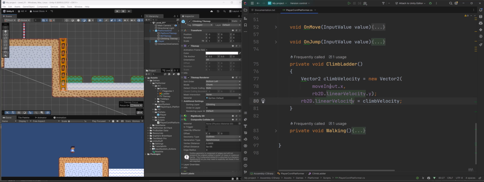Actually, this is what I want to do. I just want to get whatever our current rigid body velocity is on the x-axis. So this is just keeping us at whatever the value is of the left or right. And then for the y-axis here, I want to actually get the move input,